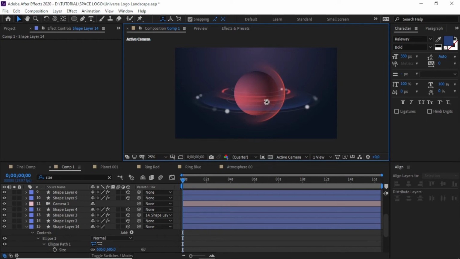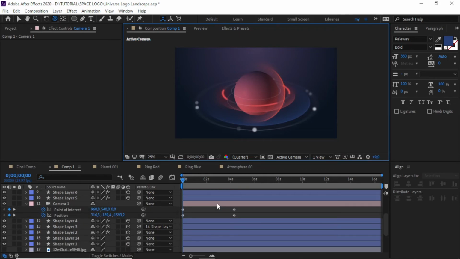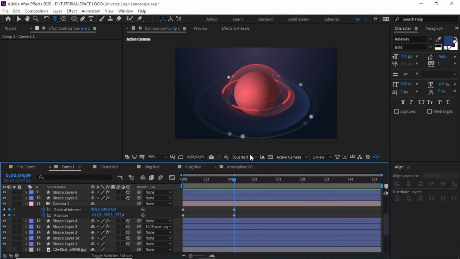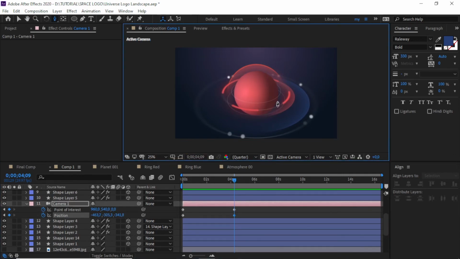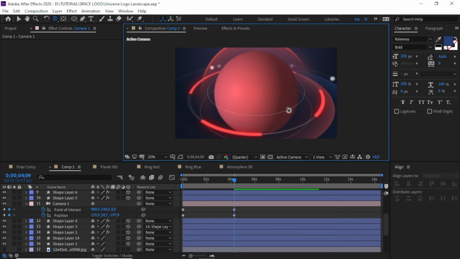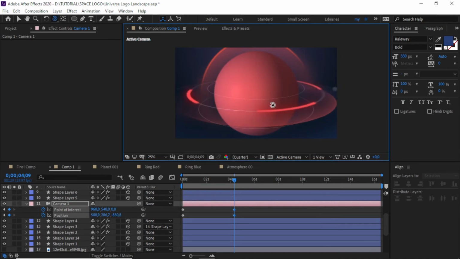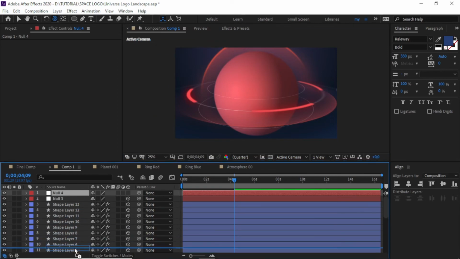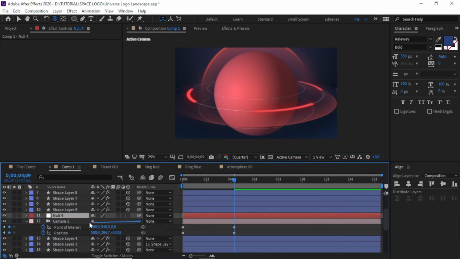So as you can see, here is our planet moving around. We can make it closer if you feel the design is fantastic, and add a null for the camera for another rotation like this.